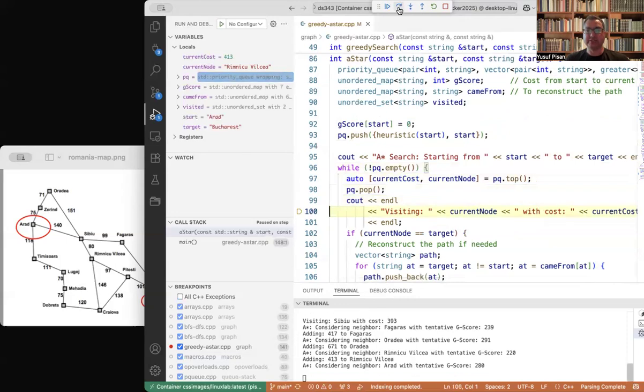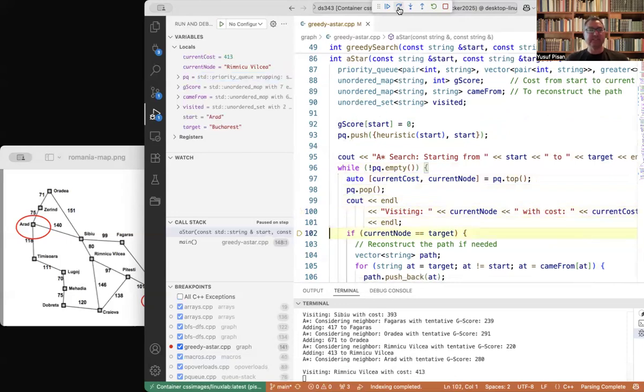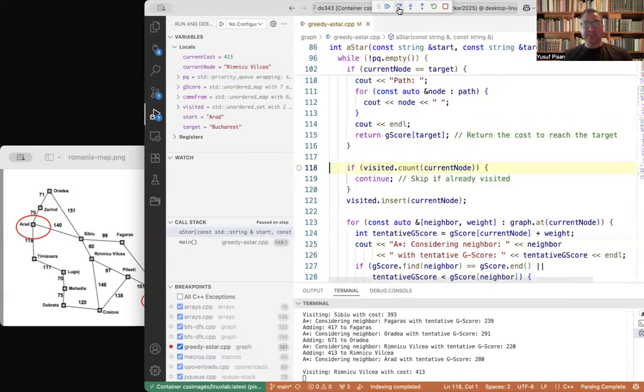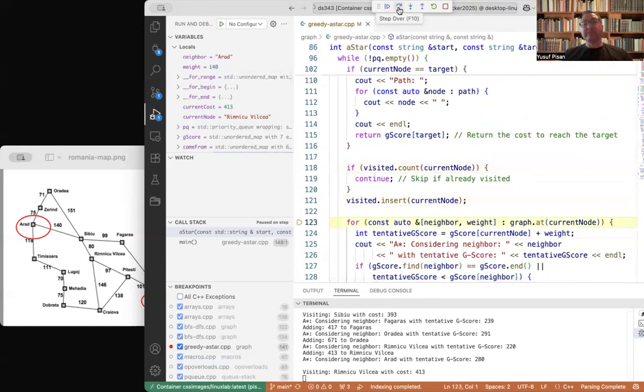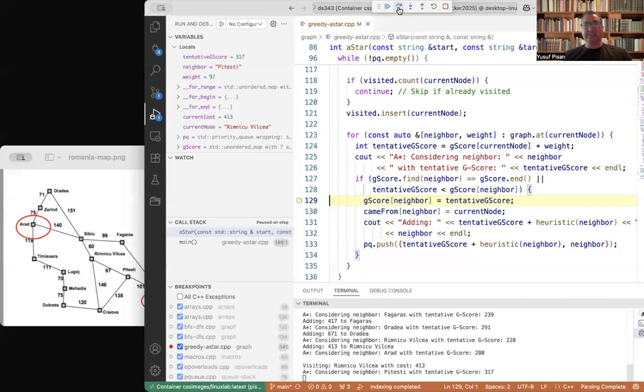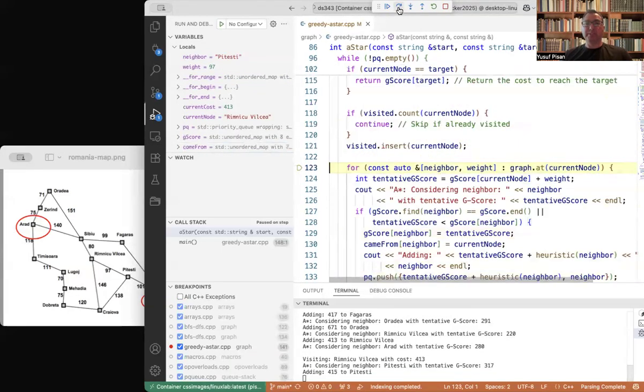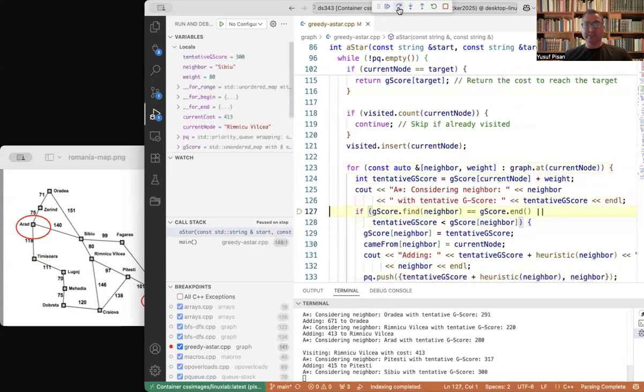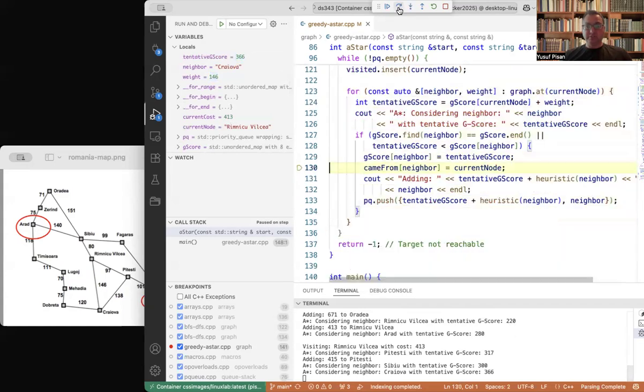Then we get to visit Rimnicu Vilcea. That has a cost of 413. So we go through its neighbors, and for each neighbor, we add the potential connection. So we can get to Sibiu or Craiova